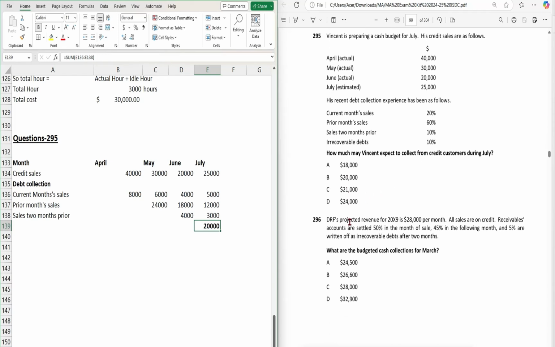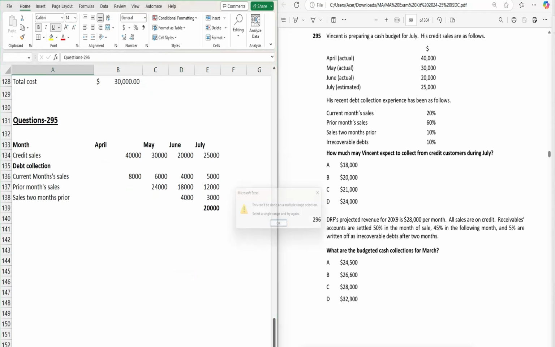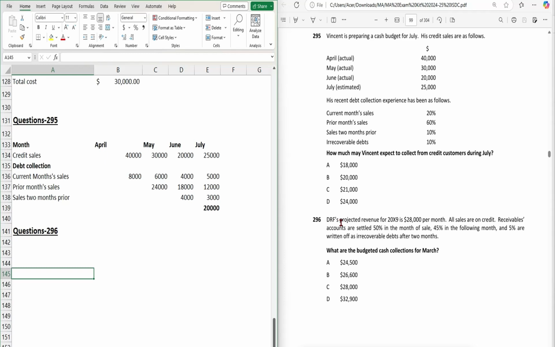Okay, so let's move to the next question. That's a 296. DRF projected revenue for 20x9 is 28,000 per month. Okay, all sales are on credit. So for 12 months the sale is 28,000. It's just only a projected figure, and all of the goods will be sold